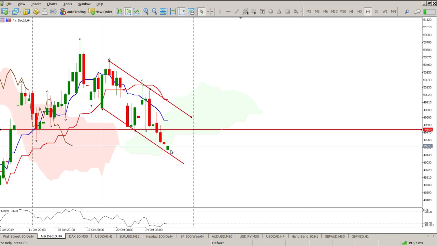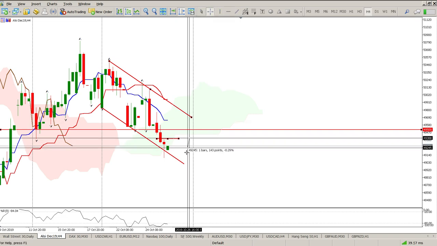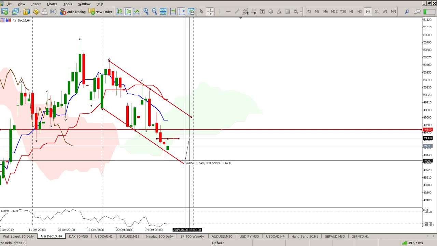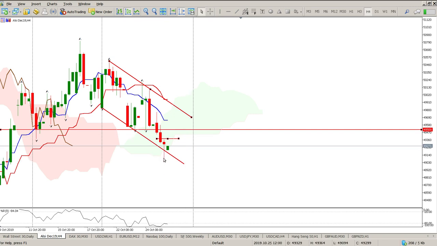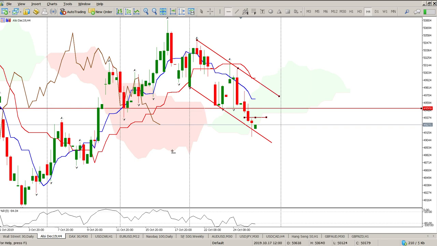Right, so looking at the 4 hour, remember, ignore this last bar here, that's nonsense data. There is our 4 hour. So your entry right now for your long is a break above 49.375. You want to close above it, you can take a 12 minutes, 30 minutes bar, and your stop is 330 points away below this pin bar. Okay, so that is an indicator that there are buyers coming in off the bottom of a channel, and at the same time,